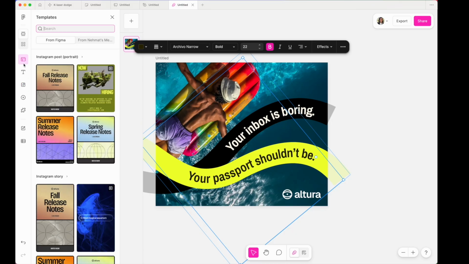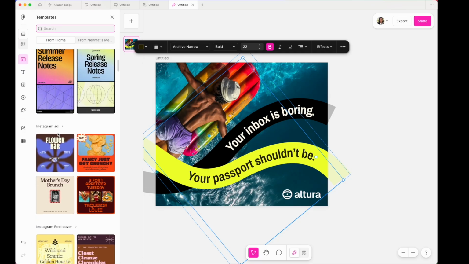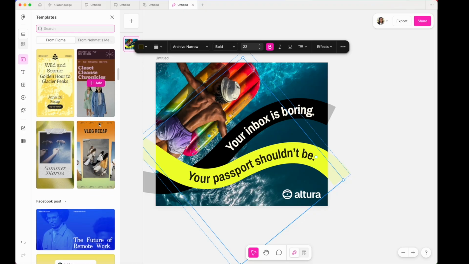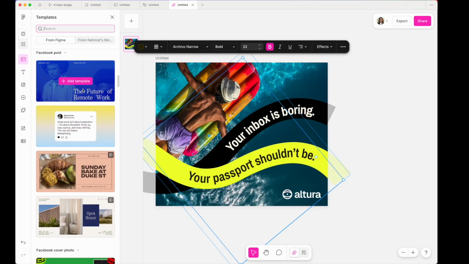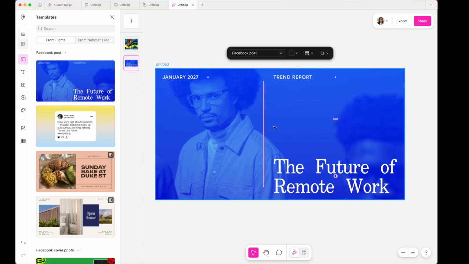You also have the ability to customize what your social posts are. For example, do you want an Instagram ad? Do you want an Instagram reel cover or a Facebook post? They have all these templates and details already available for you, so you don't have to worry about creating the